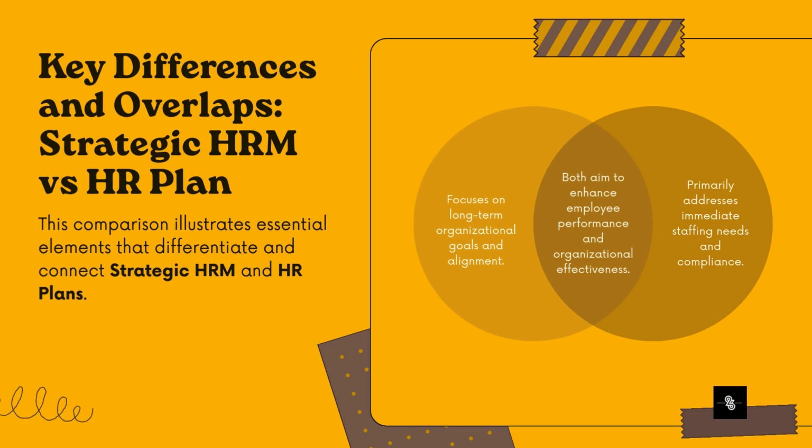Now let's look at the difference between strategic HRM and an HRM plan. A strategic HRM plan is a long-term plan. It makes sure that people strategically match the business goals. For example, if we want to grow in AI technology, we will hire AI experts and upskill our team. But what is a regular HRM plan? It's short-term and focuses on things like how many people we need next month or who is going on leave. All very important, but strategic HRM is where HR becomes a business leader.